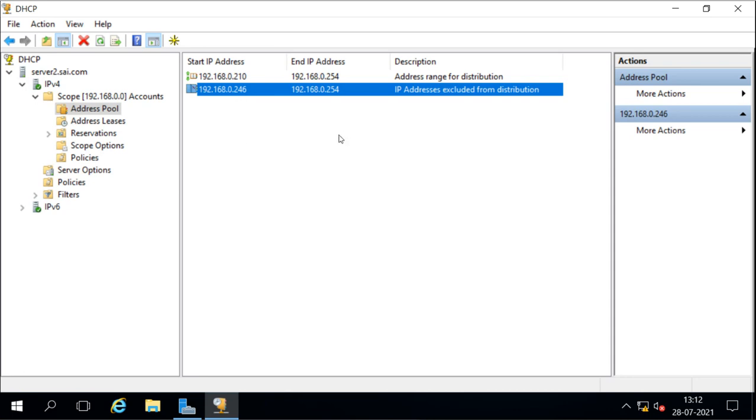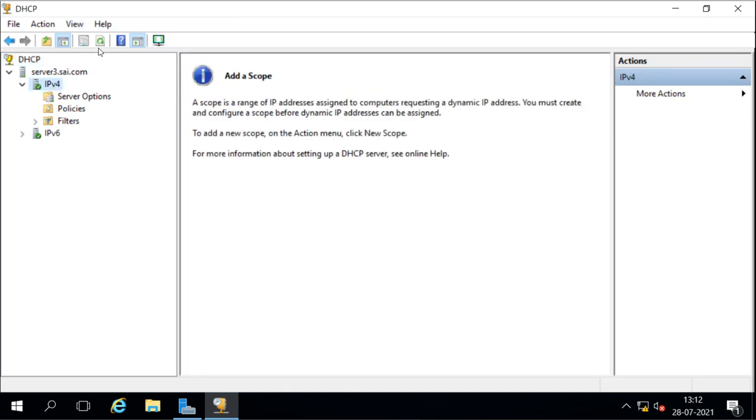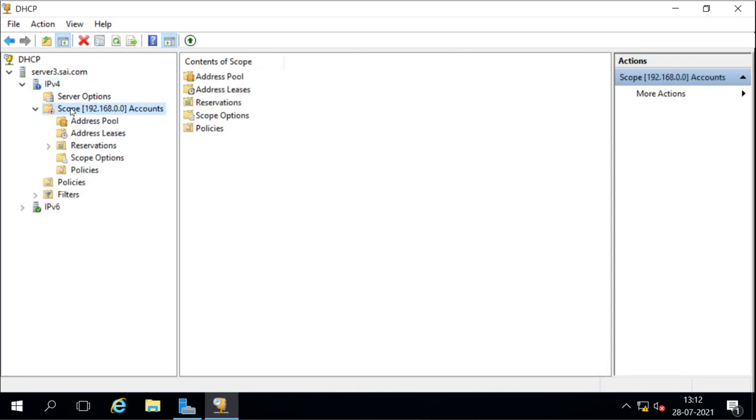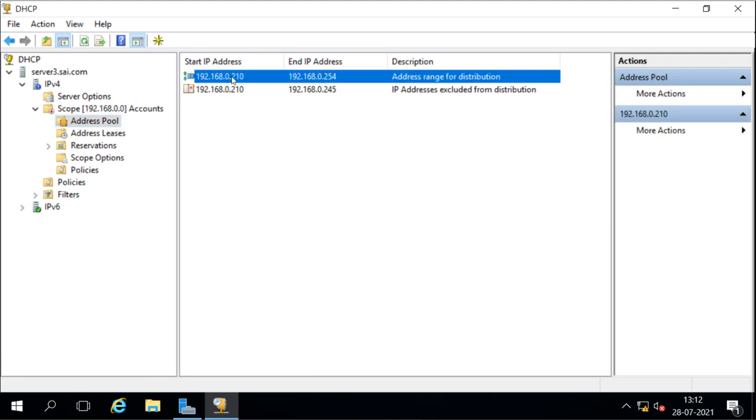Now we'll check the other server. In server 3, there was no scope created. Now when I refresh it, I can see the scope here. In the scope, if you see the address leases, the total range is from 210 to 254, but from 210 to 245 is excluded from here.